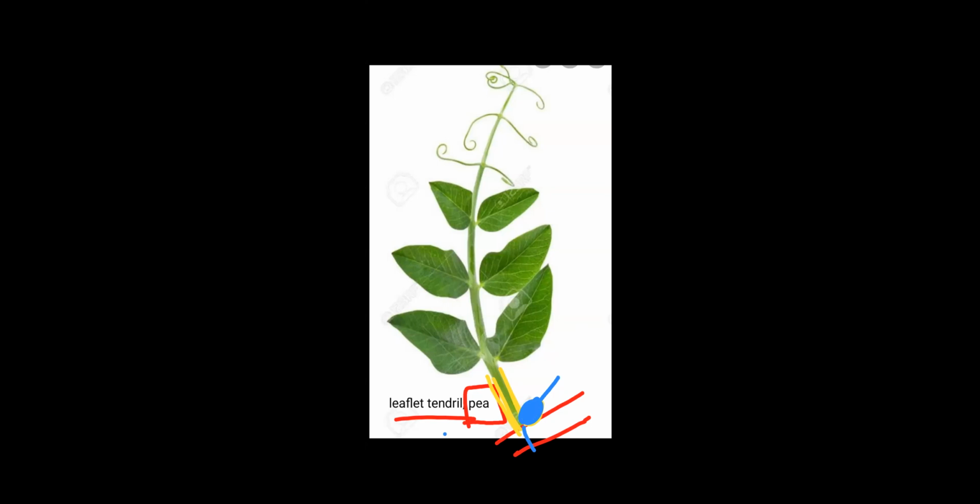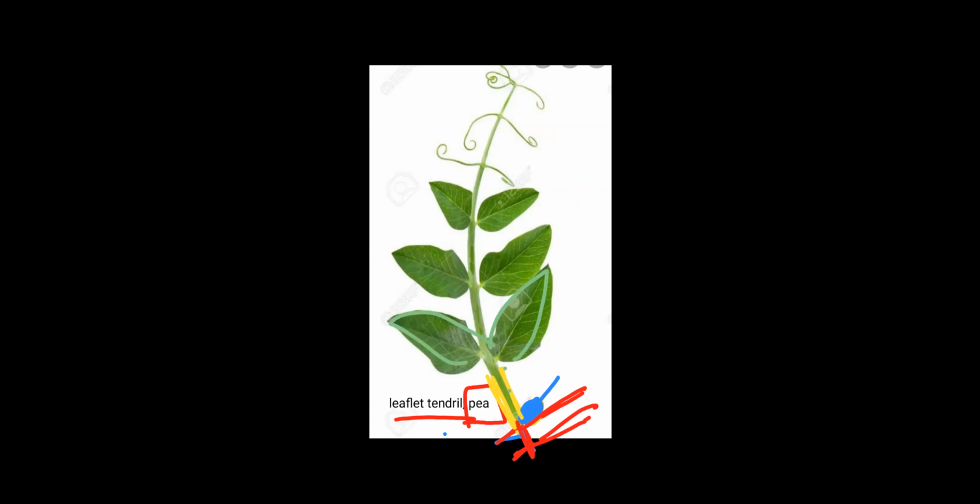This is the pinnately compound leaf. See, stalk, stem axis, nodal region, then next petiole, next that's the main leaf. Just imagine पea का leaf कितना large होगा. This entire leaf is dissected into small leaflets. Now, initially in this one, at this region, see one thing, here the leaflets are there.